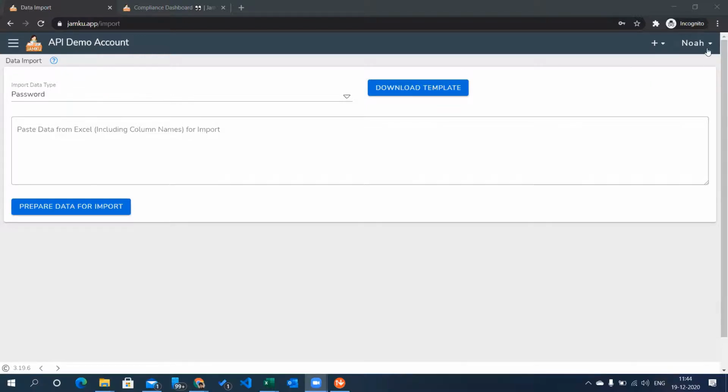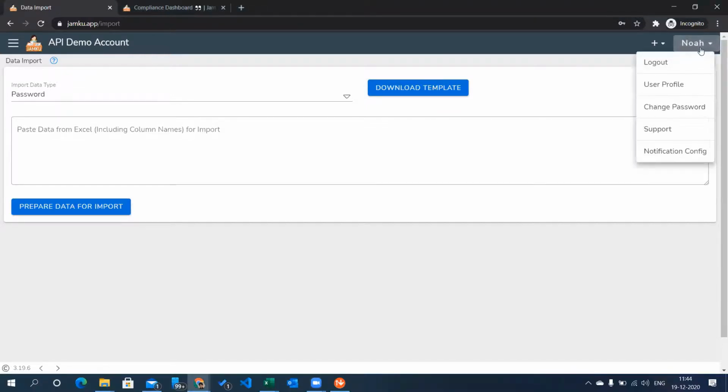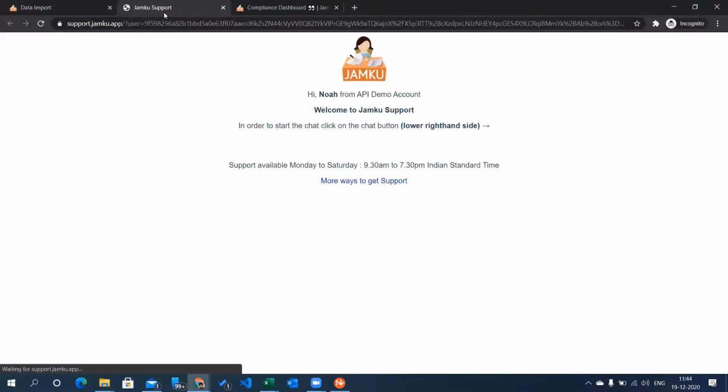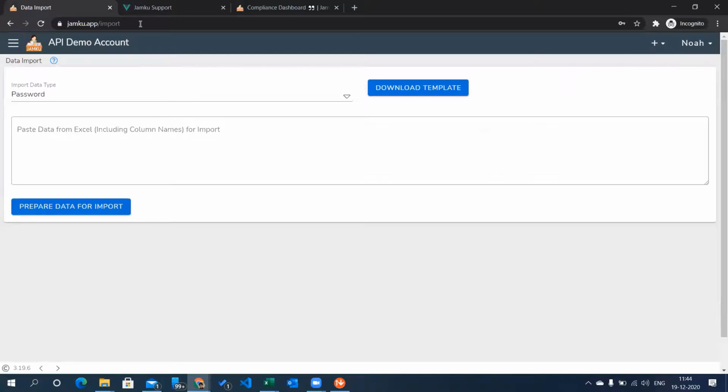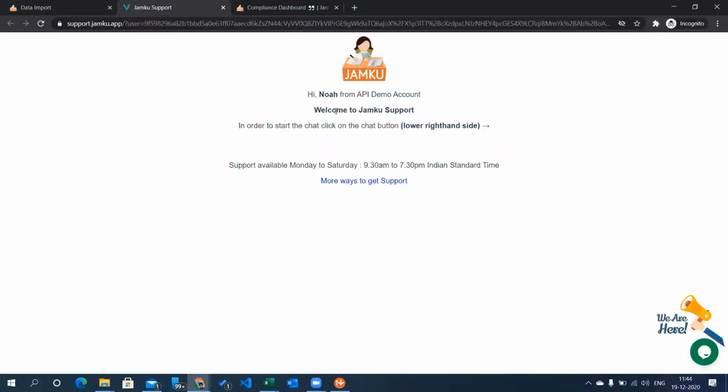The best way to reach out to our support is by clicking on the name and then clicking on support, which will take you to our Jamku support page. Since you are coming from the Jamku software to this support page, we already know who you are.